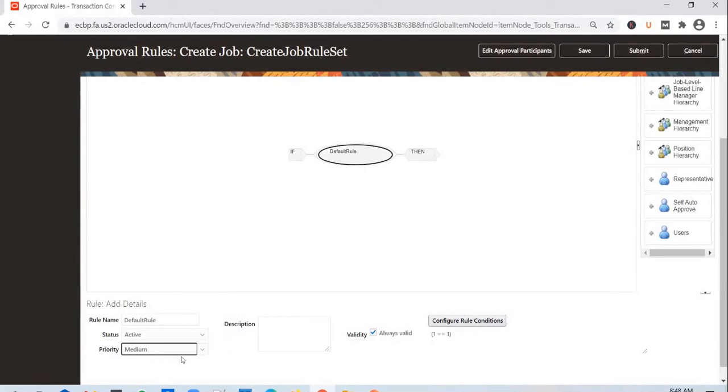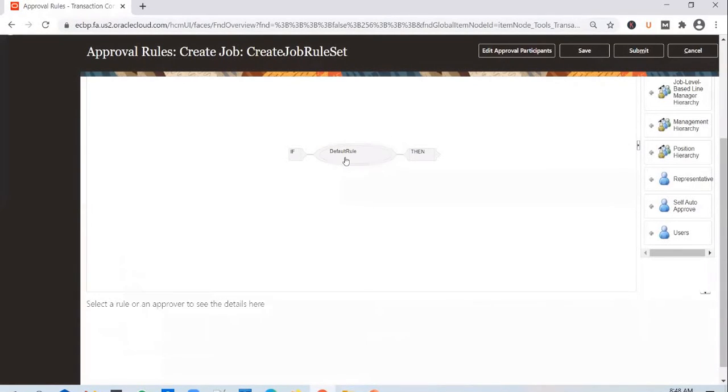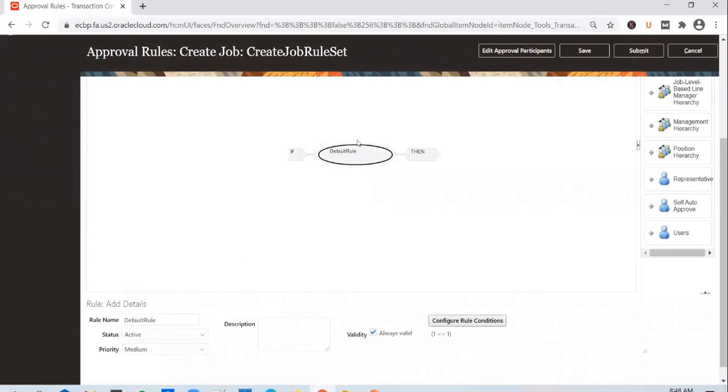But this priority doesn't work as expected in some scenarios. What you see in the drop-down is 7 priority levels. For each rule, you can assign a priority, and when the rules get executed, they get executed based on the priority that you assign to them.